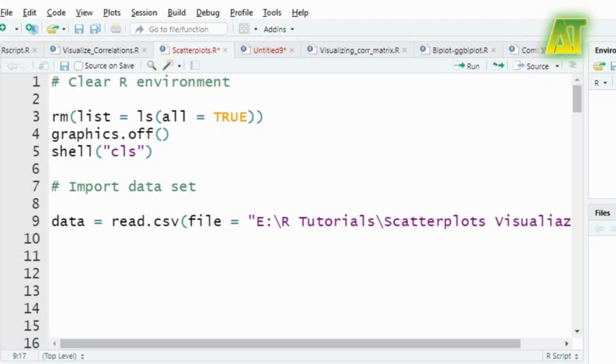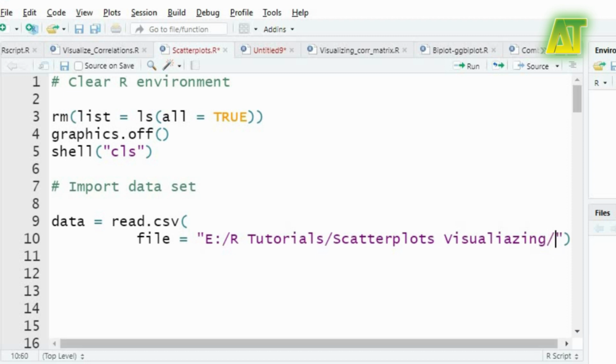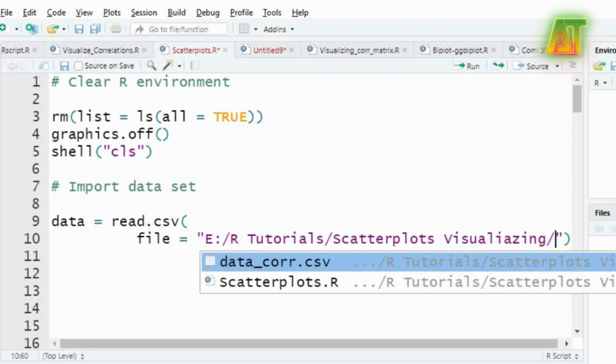Also note that the file path which we have just pasted contains backslashes to locate the file. But in R you cannot use the backslash to locate the file unless you replace it with a forward slash or double all backslashes. After replacing backslash with forward slash, you just need to press the tab button on the keyboard to access files in that location. Now you can choose the respective CSV data file.